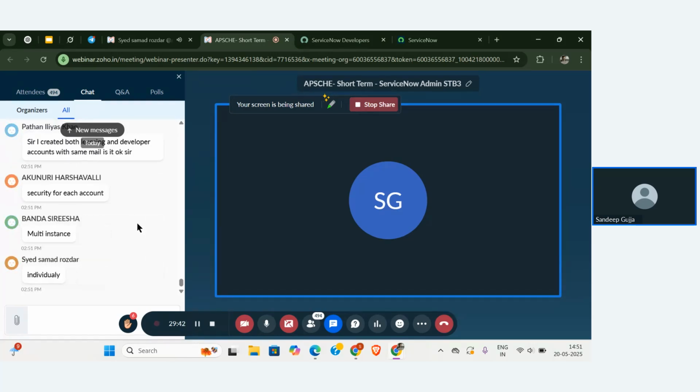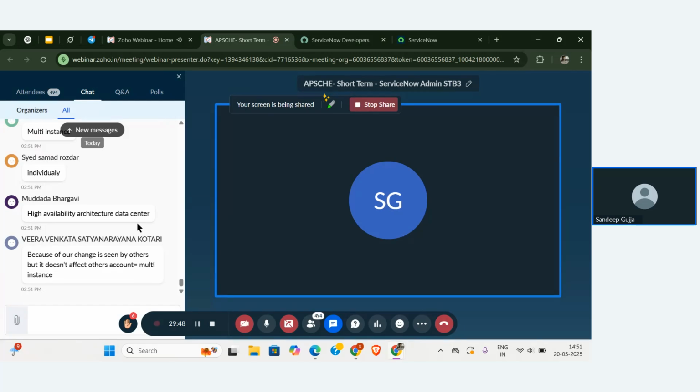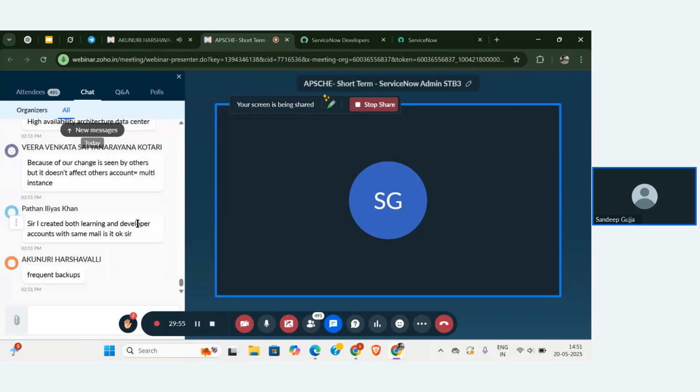As for the other things, you all know already that it helps to provide frequent backups and availability of data centers, and the last one is APS, which is nothing but application as a service, where we can see each and every portfolio. I already told that, right? It helps to provide the jobs. Each and every portfolio is already inbuilt in the service.